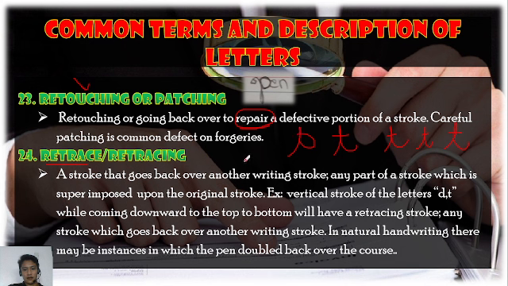Wala siyang nabubuong loop. Okay? Katulad din ng letter D. So, hindi siya nabubuo or walang loop na nabubuo. Okay? That is a form of retrace or retracing. Alright? And now, next is with regards to